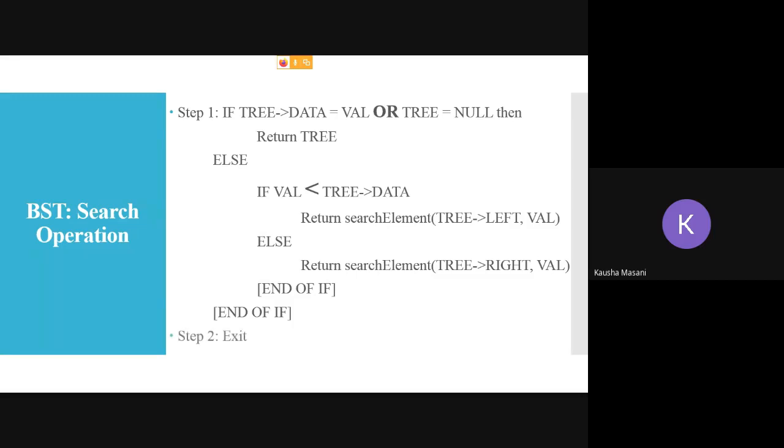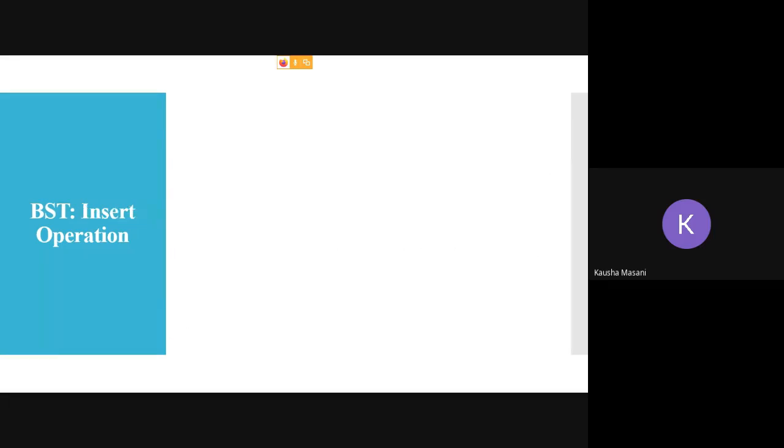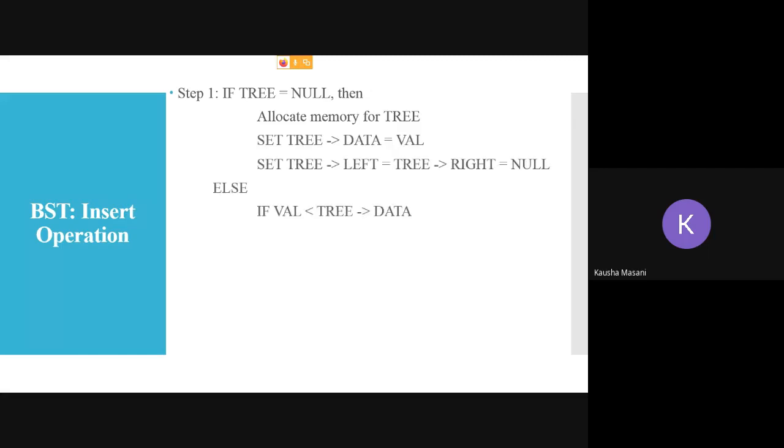Then we saw your insert operation, how you are going to insert, whether it is the very first node in your tree or a node at level 1, level 2 or level 3. Again, it is a recursive function call, done by comparing the new node value with the existing node values.